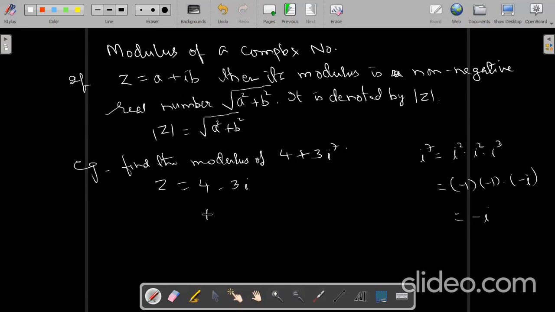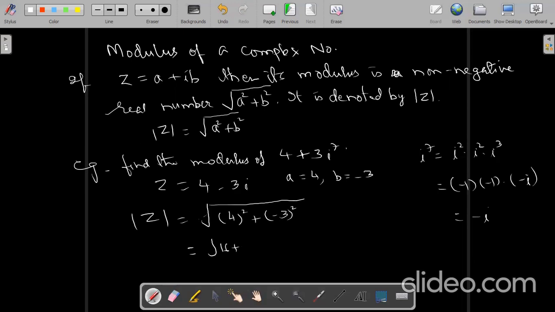This is the given complex number. Now we have to find the modulus of this number. The modulus is the square root of the sum of the squares of a and b, where a is the real part, which is 4 here, and b is the imaginary part, which is -3. Do not take iota, as I told you in the beginning. Although the square will give you the positive value, we should write the correct value of b. So 4 squared is 16 and 3 squared is 9. 16 plus 9 is 25, and root of 25 will become 5. Okay. So like this, we can find the modulus.